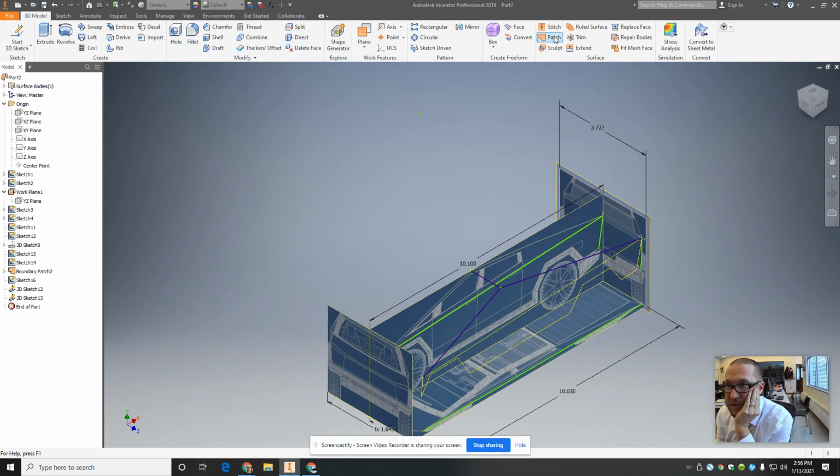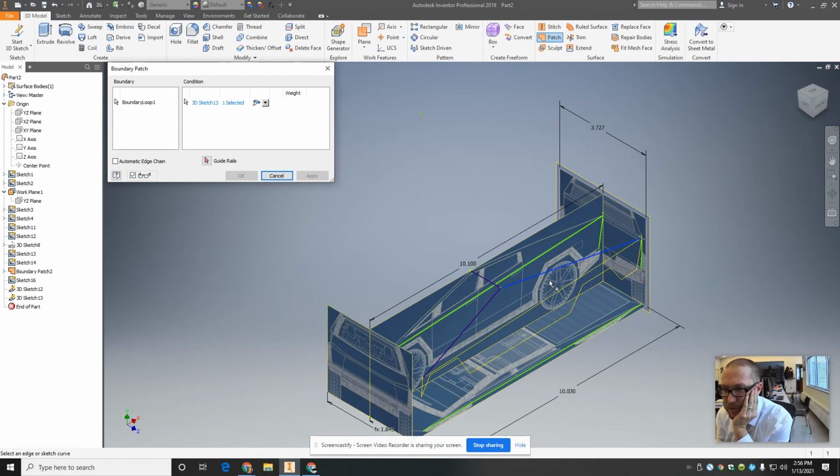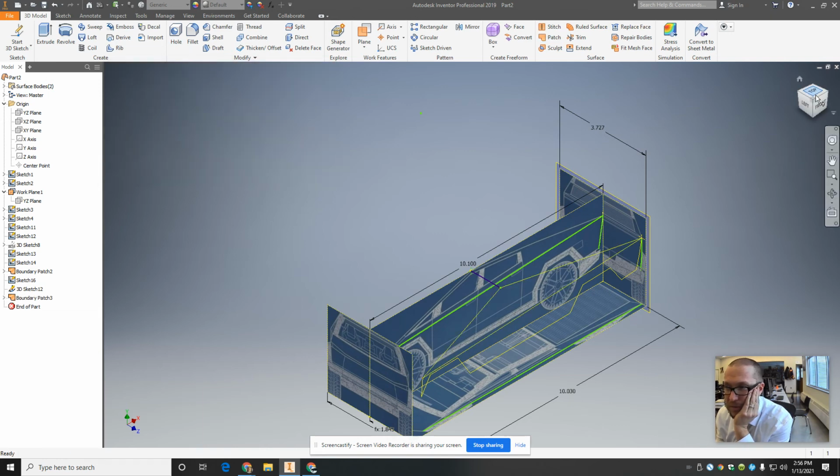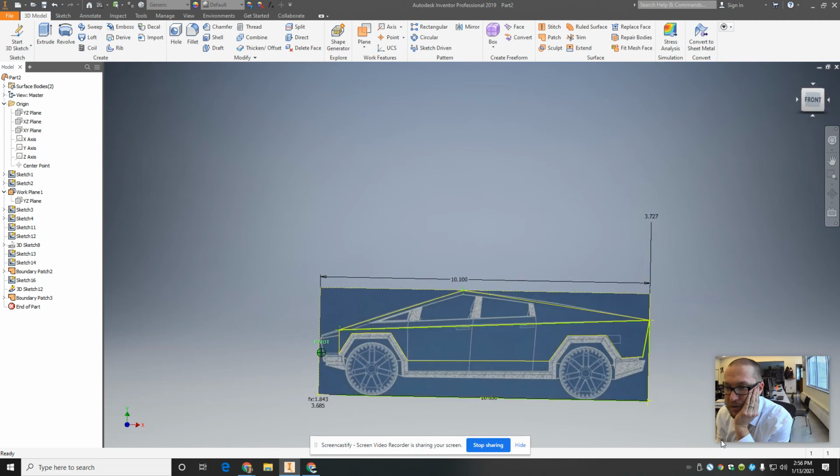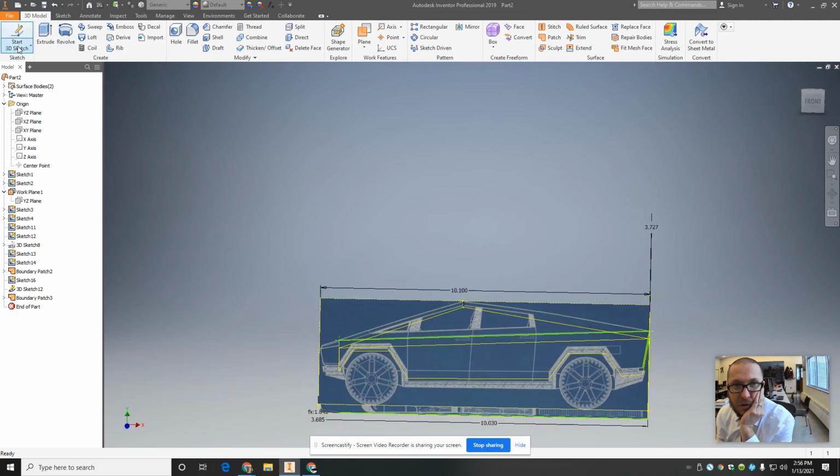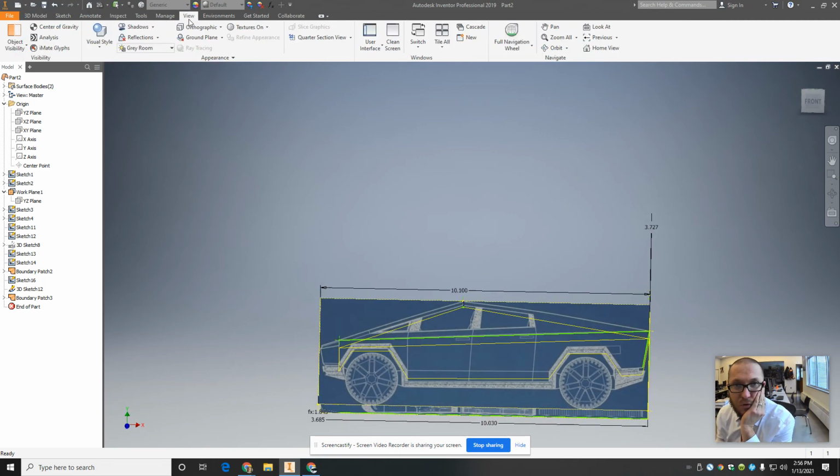Now, boundary patch that. Let's see if we can do it. This might find that line. Nice, found it. Apply. Boom. Done. Now let me show you where we're at. All right. Let me turn off the visibility. Let me go to view, object visibility. I want to turn off